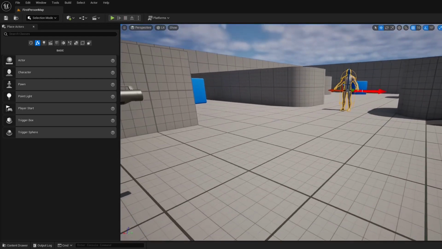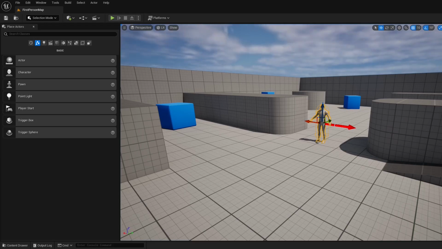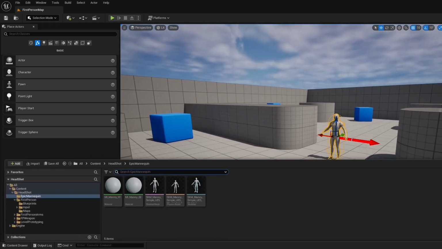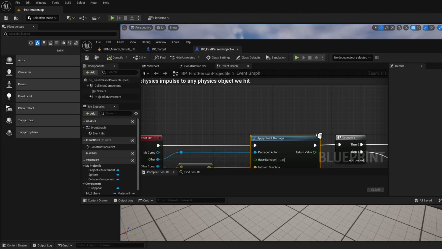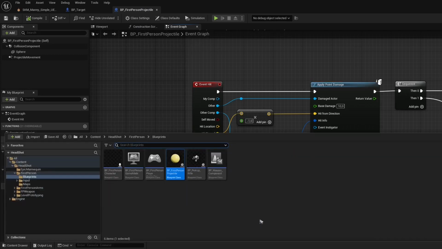So, how is it detected? It's pretty simple. Always remember to analyze a hit from the target. Always use the damage interface, which is pretty cool and works well. In the projectile here, I simply detect a hit and apply a point damage. I could choose a damage type, could create a damage class